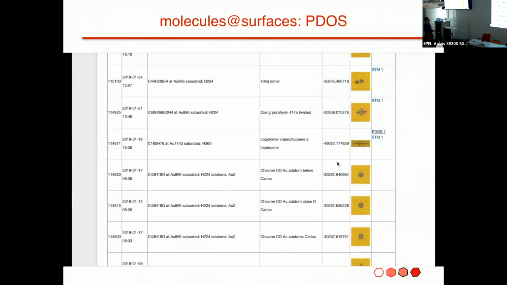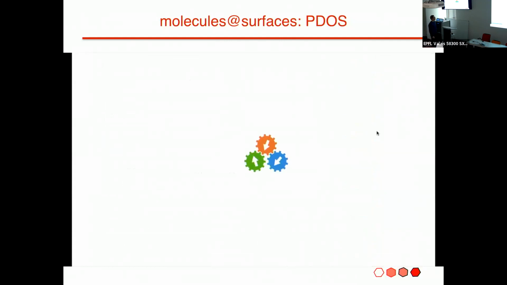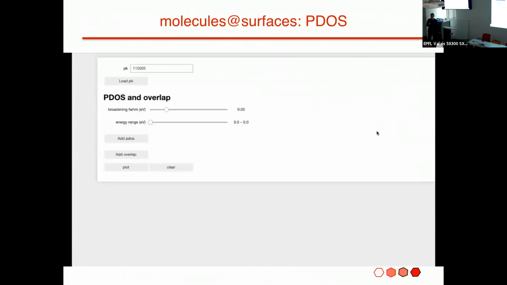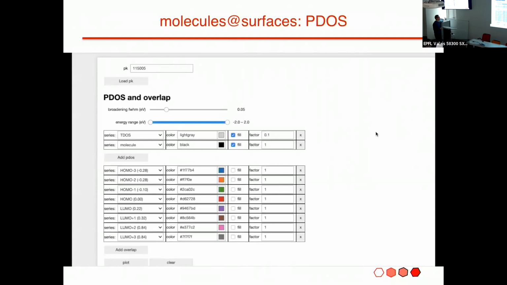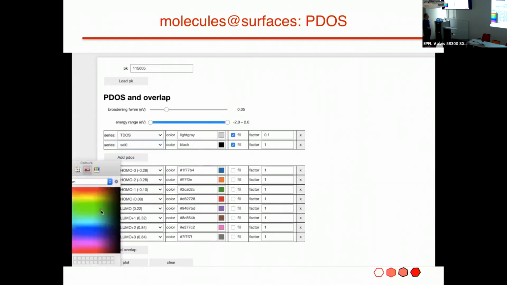Let's have a look at what happens if we go on the PDOS link. This is extremely useful to identify where in my calculation I can find the features that experimentalists see in scanning tunnel spectroscopy. Here I get 2 selections. Here I can select which portion of a molecule I defined for the projected density of states to be visualized, and I can select which color. In this selection, instead, I have the